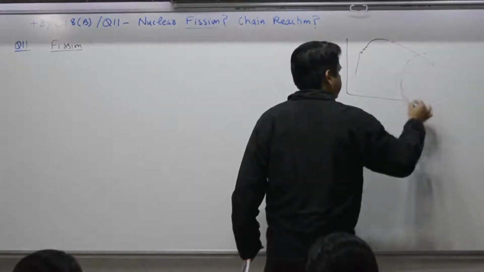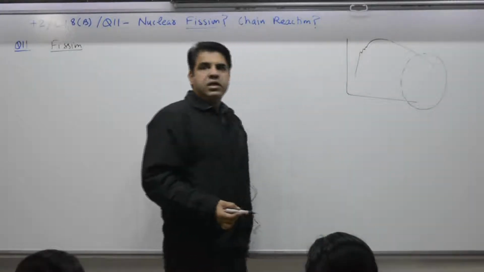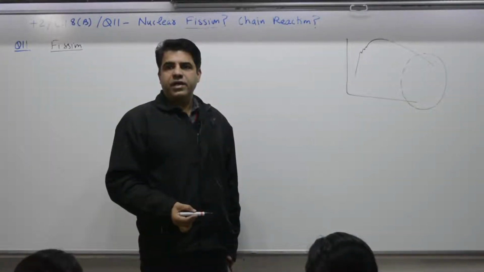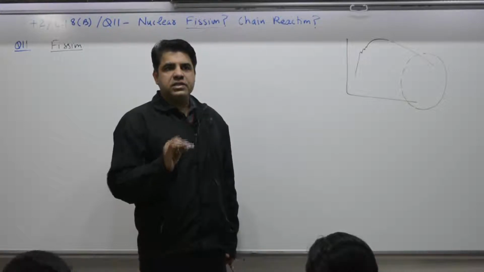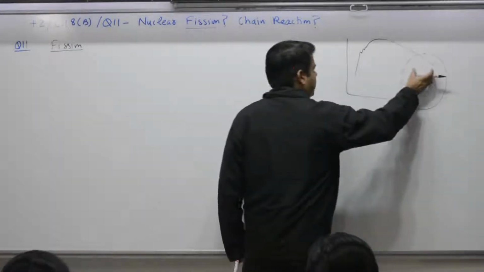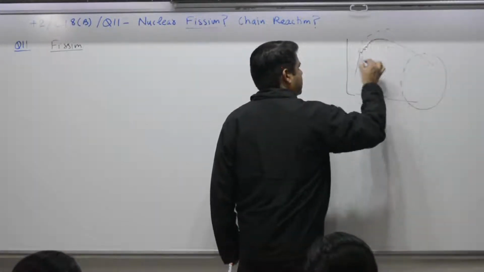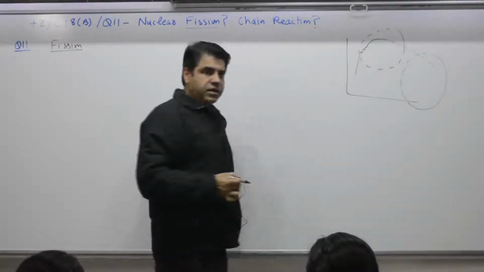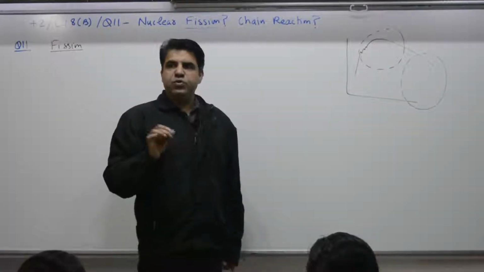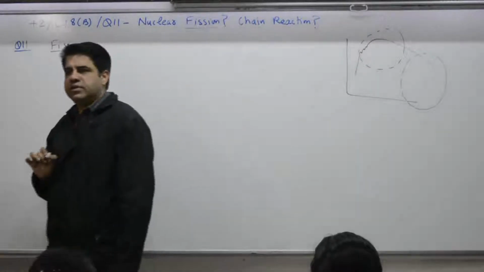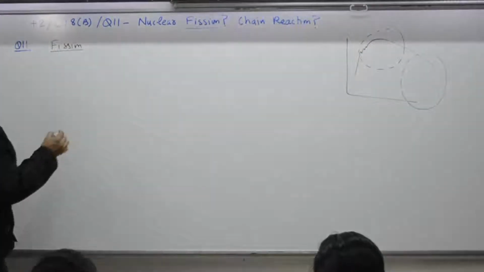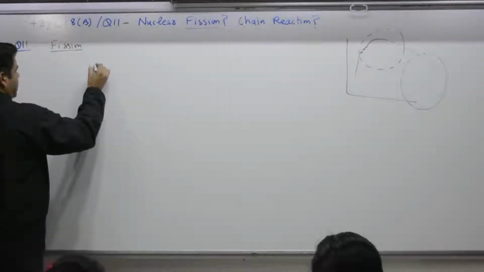This part means what? Heavy nuclei, and binding energy per nucleon is less. If you change it to small nuclei, it will shift to this part, this zone, where binding energy per nucleon is more, stability is more. So a heavy nuclei, in this case, yes, uranium